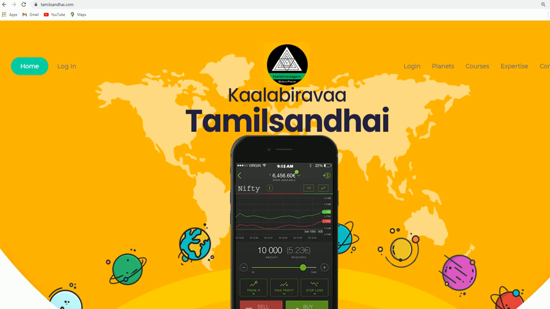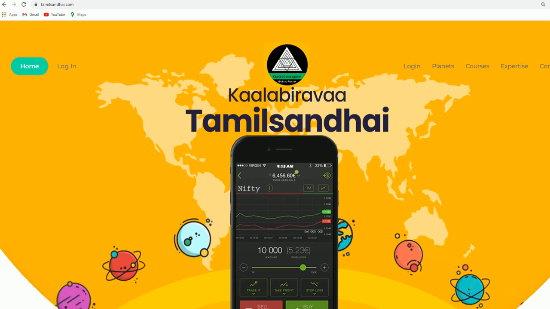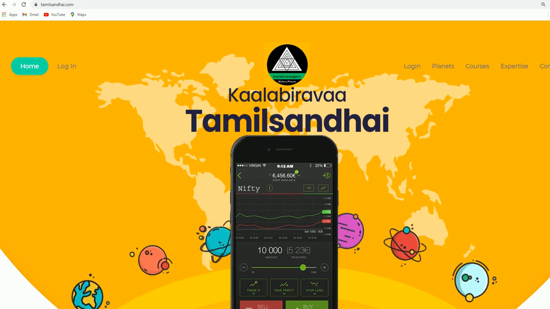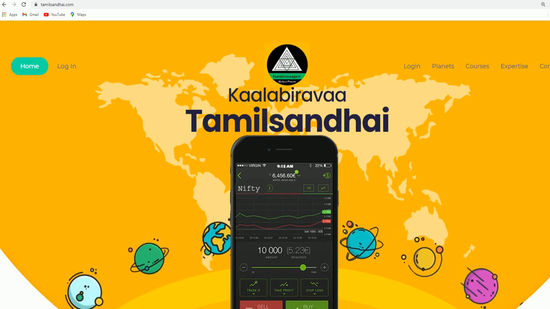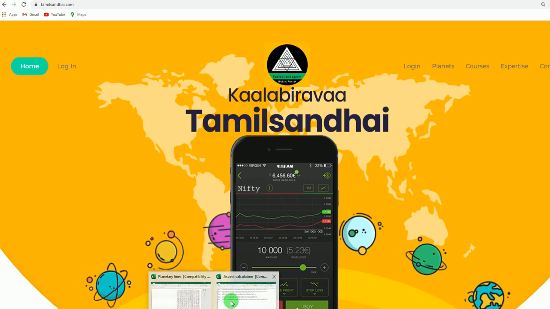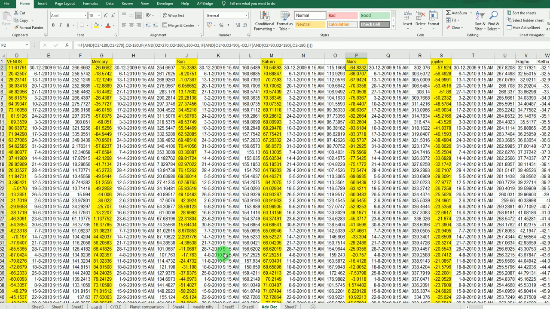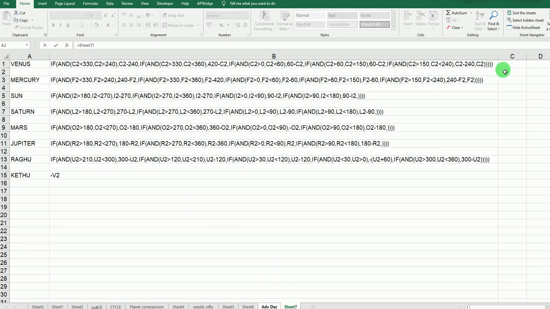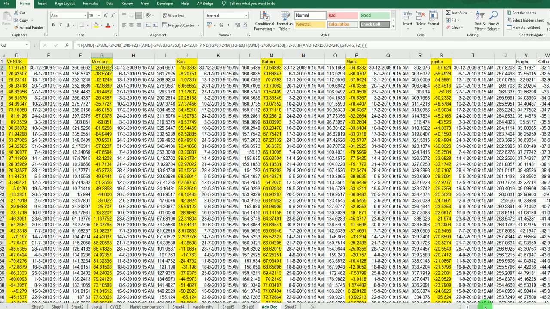This is Suresh Kumar. Now we are going to look at a final video of how to prepare a planetary path. Last week I showed how to make an ephemeris to create our chart. In that I said to convert the degree within 90 degrees, plus or minus. So I mentioned some formulas. Whatever the formula I gave here, I just copied and put it here. Just as this is done, keep it in this order.